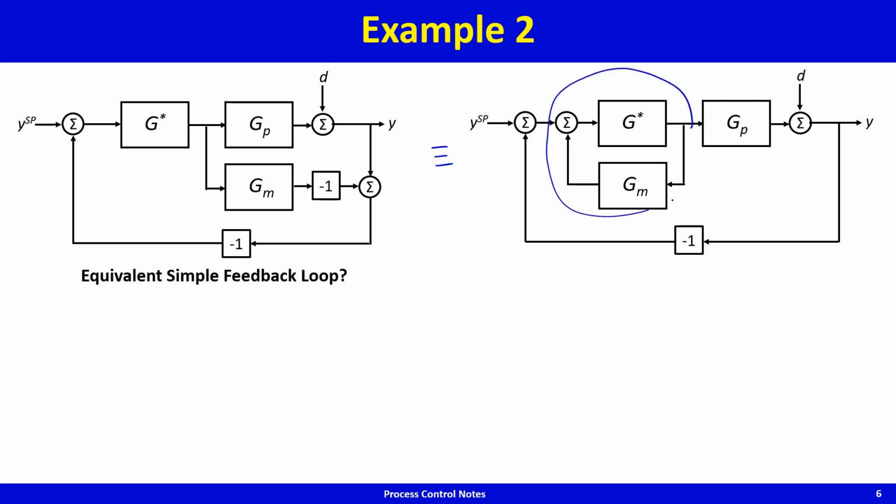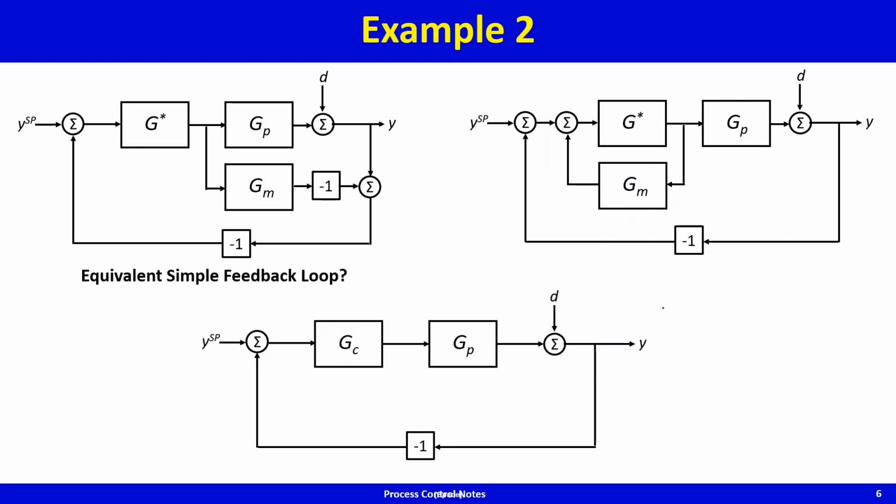This is a feedback loop. It's just that it's a positive feedback loop. Because it's a positive feedback loop, what are we going to get? This guy will get replaced by g star, whatever is in the forward path, divided by 1 minus whatever is in the feedback path, which is g star gm or gm g star. And so that's what we get here, where gc is this guy. This is equivalent to